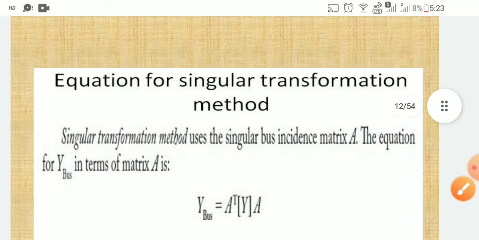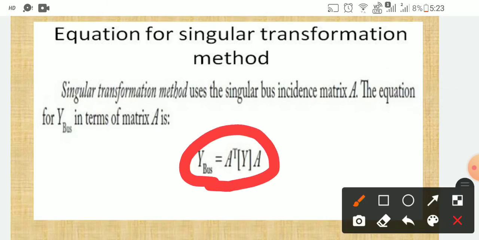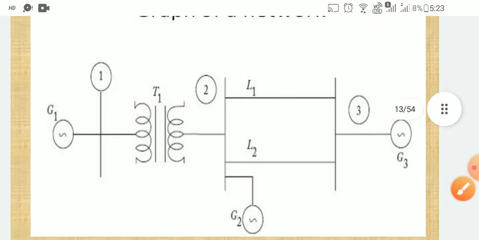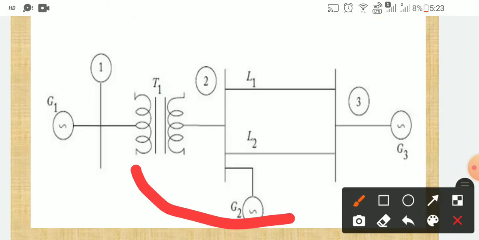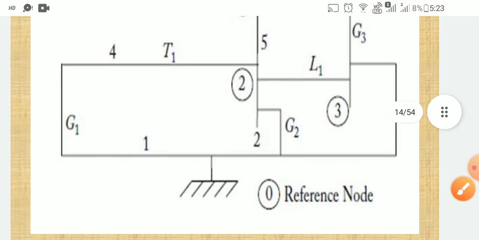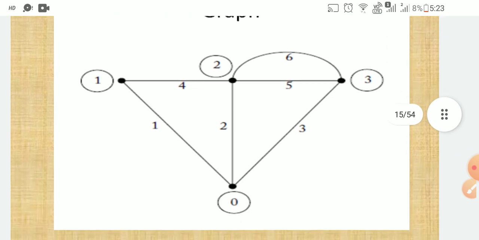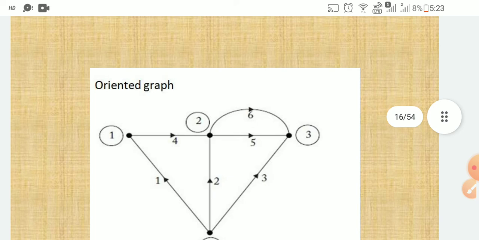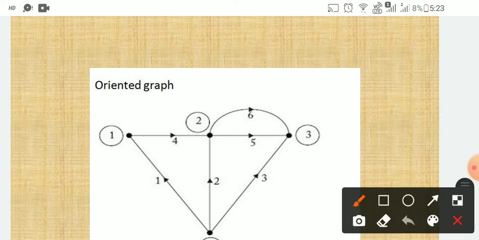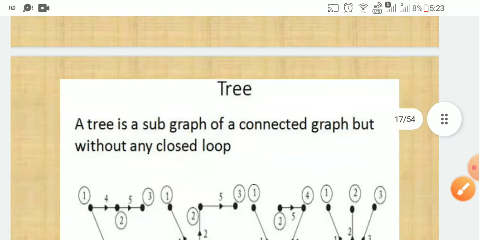Next, coming to the equation of the singular transformation matrix, Y bus is equal to A transpose Y into A. This is the general power system diagram given, and here all the elements are represented in terms of a graph. This is the graphical representation of the given circuit. This is an oriented graph, which means arrow marks should be given here. Okay, so next one is the tree. So tree means